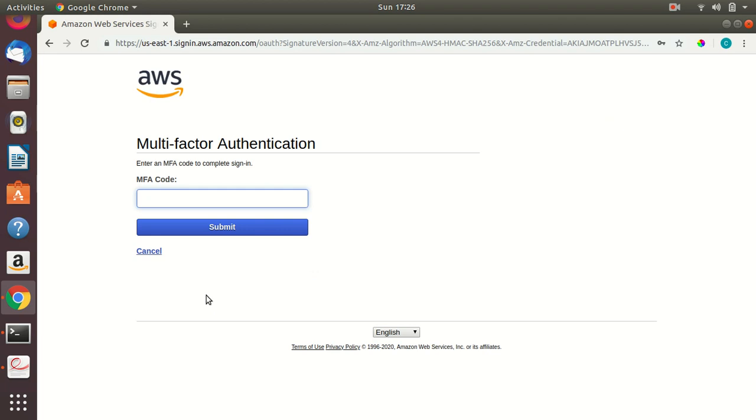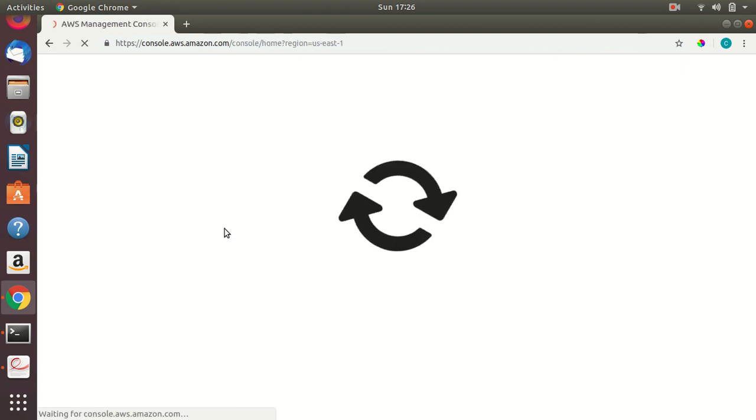So here you can see that we are now forced to add a multi-factor code to log in to the system. Once we provide the MFA authentication code 618, we will be able to log into our AWS console.